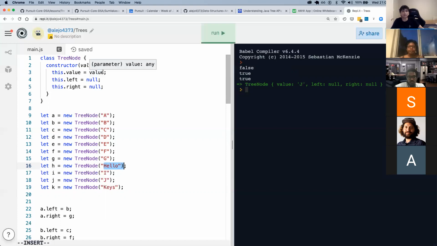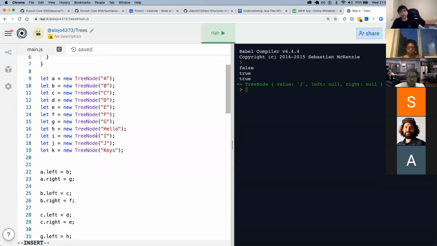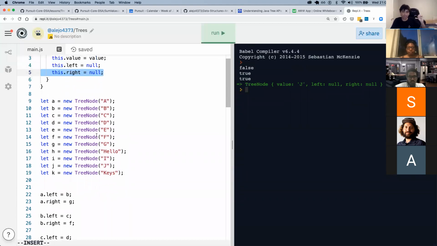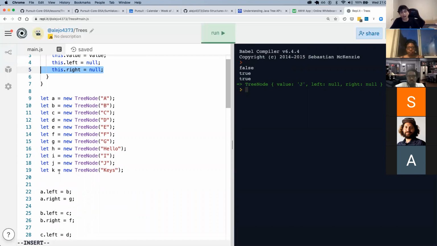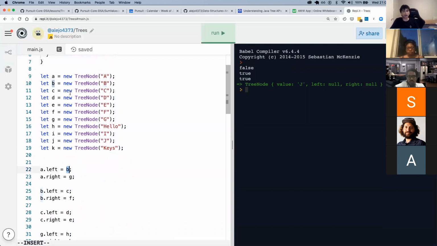It could be an array, anything. The left and the right could potentially be anything, but we want them specifically to be other tree nodes. And we're doing that here: we say a.left is equal to b, which is a tree node that we created here in line 10.